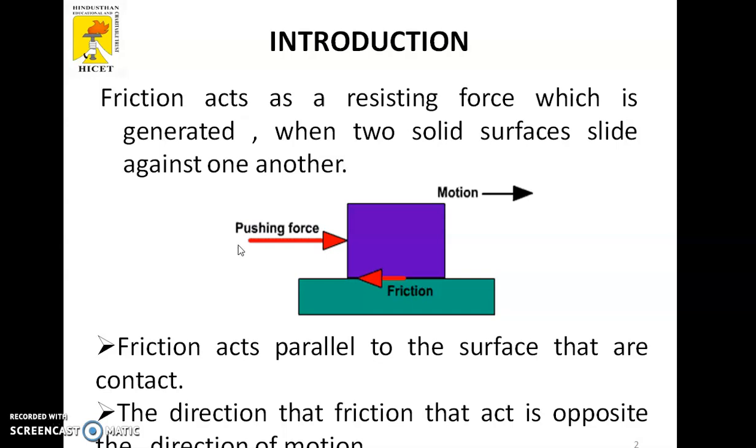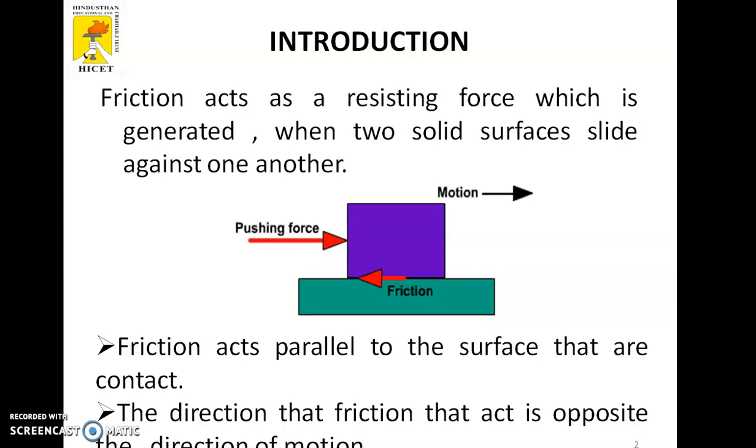In this block diagram, it is mentioned how the friction force is induced. First, what is friction? Friction acts as a resisting force which is generated when two solid surfaces